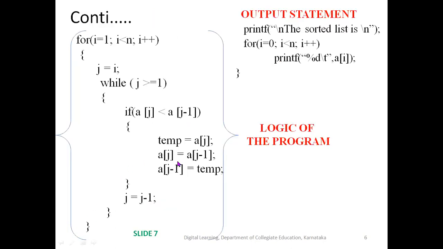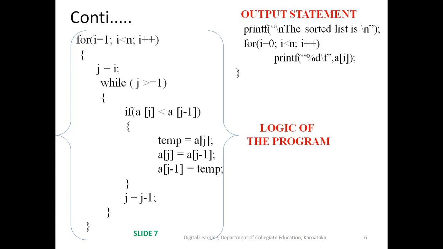So now that we have seen that when I is equal to 1, j started with the value 1 and after swapping, when it comes out, j has to decrement by 1. So j is equal to 1 minus 1 will change to 0. So again, when you come to the while loop condition, j greater than or equal to 1, this turns out to be false. So the control will come out of this and now I has to increment by 1. So I changes to 2.